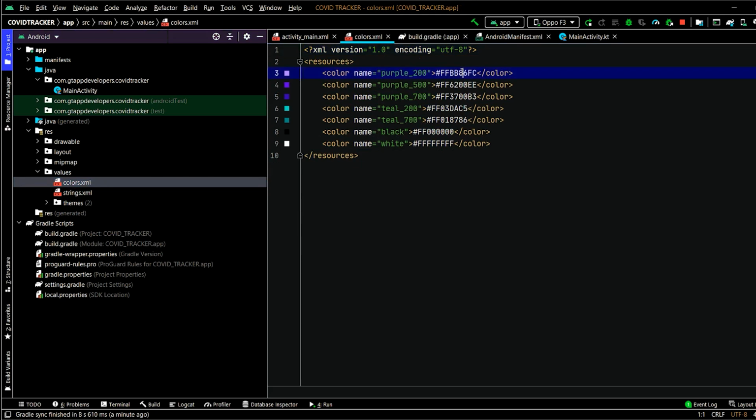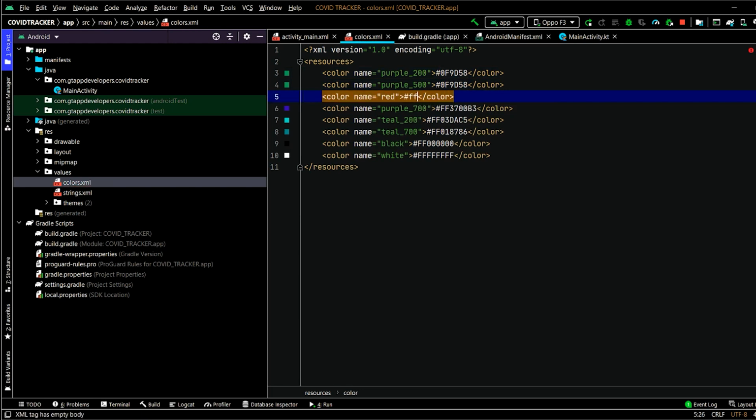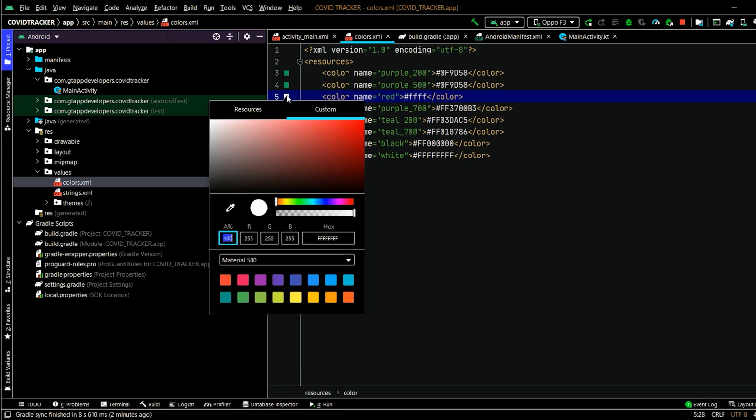Now here we will change our purple color code to another one. Similarly, we will change the next one also, and we will add three different colors, that is red. We can change this color by clicking on the color, and we will change it to red.